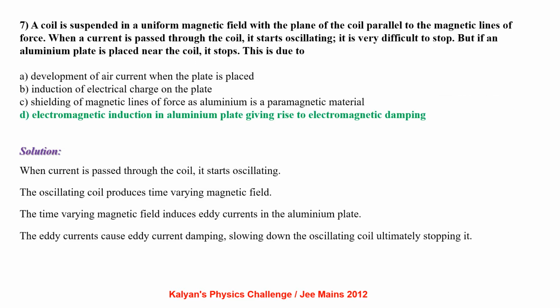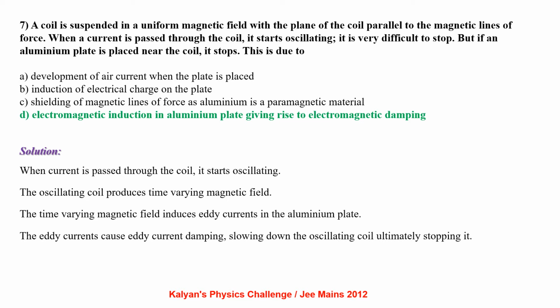A coil is suspended in a uniform magnetic field with the plane of the coil parallel to the magnetic lines of force. When a current is passed through the coil, it starts oscillating. It is very difficult to stop, but if an aluminum plate is placed near the coil, it stops. This is due to: